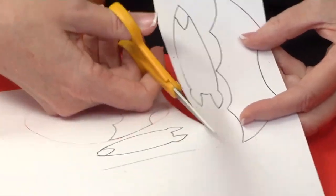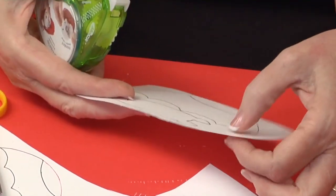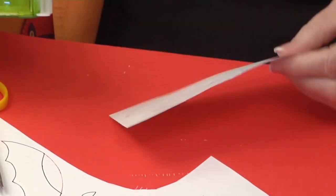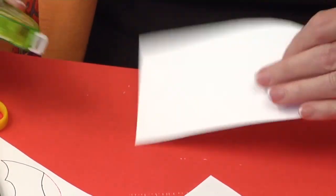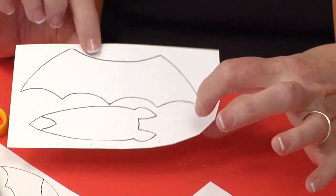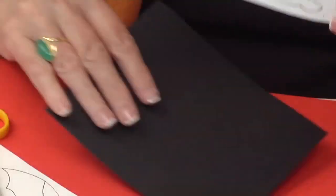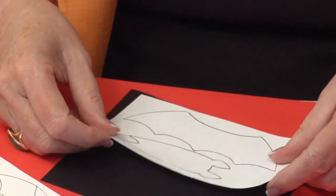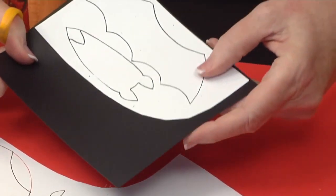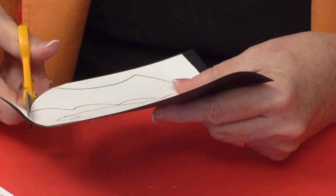Once you do that, then you're going to cut it out of black. So I'm going to go ahead and put adhesive behind where I don't want it. I'm going to put adhesive so that it will hold my pattern, but it won't actually stick permanently. So I have adhesive behind here and behind here and behind here and here. And I'll go ahead and bring up my black paper, and then this will hold it in place long enough for me to cut out the elements. So I'm going to go ahead, and while I'm cutting out the bat,